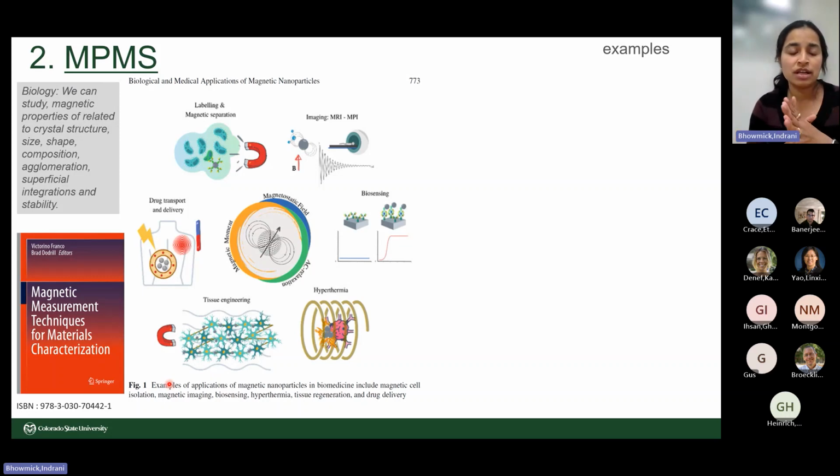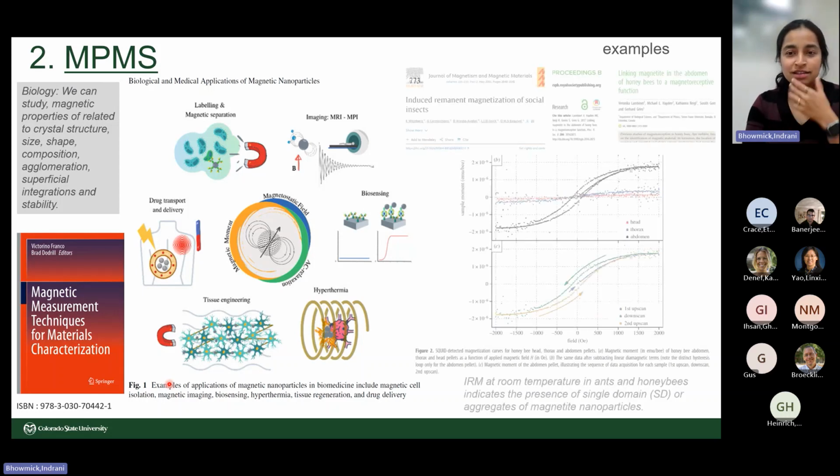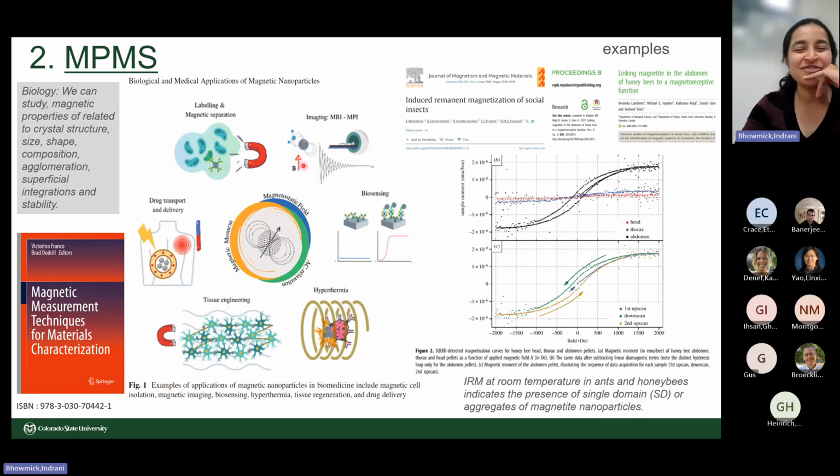And then drug transport and delivery also, we looked into magnetic nanoparticles as well. And here is a very cool example, I will say. We know in social insects like honeybees or ants, they have a directionality sense, and that is somehow related to Earth's magnetic field. There is a cool study where they actually took the head, the thorax, and the abdomen part of a honeybee, and they found that the magnetic particles are more concentrated in the abdomen part,